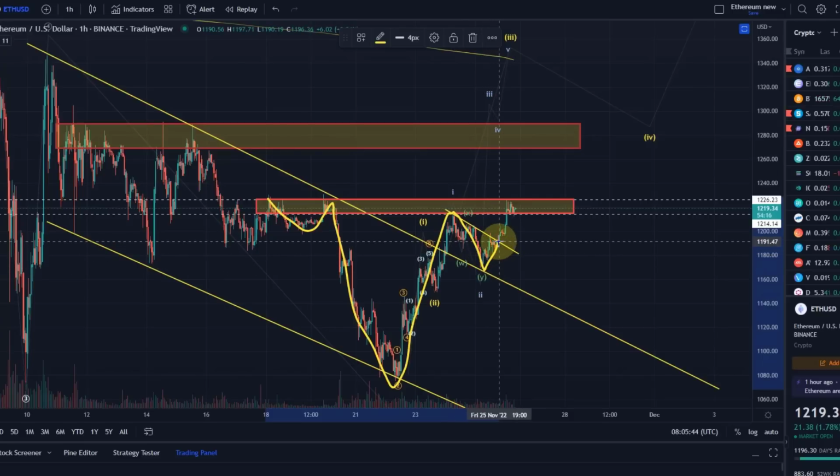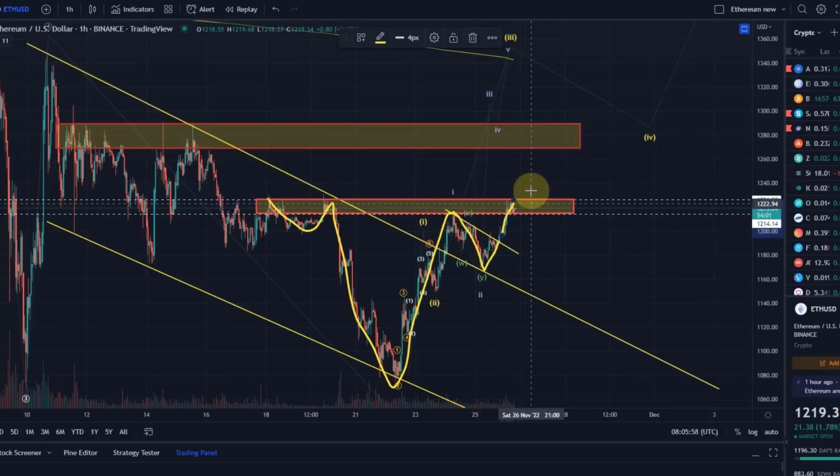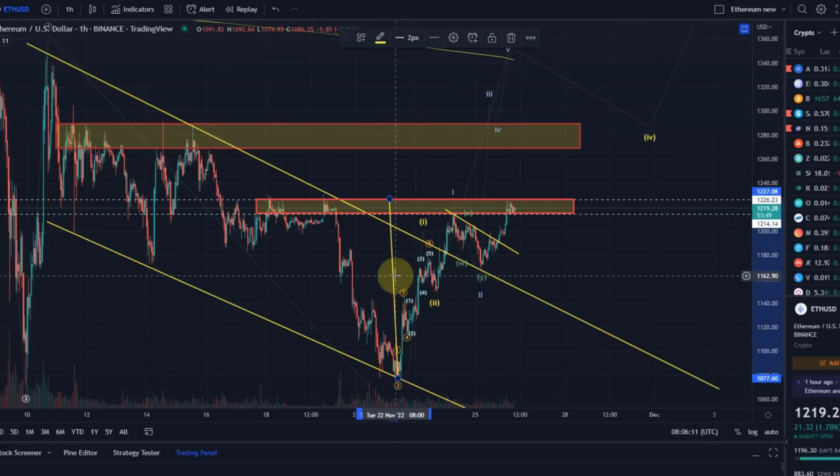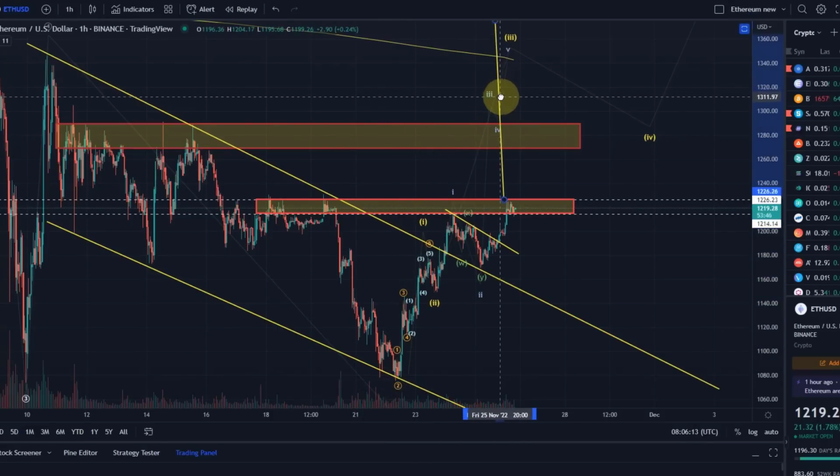Yesterday I showed you here the descending trend line and said if we break above that trend line we could really reach that resistance area, and if we now break above the 1225, 1226 level, then the inverse head and shoulders comes into play, and the next resistance would be here in the area around 1270 to 1290. This would not be a target, this would just be resistance. In terms of target, we can take the height of the head, add it to the breakout point, and that would actually give us